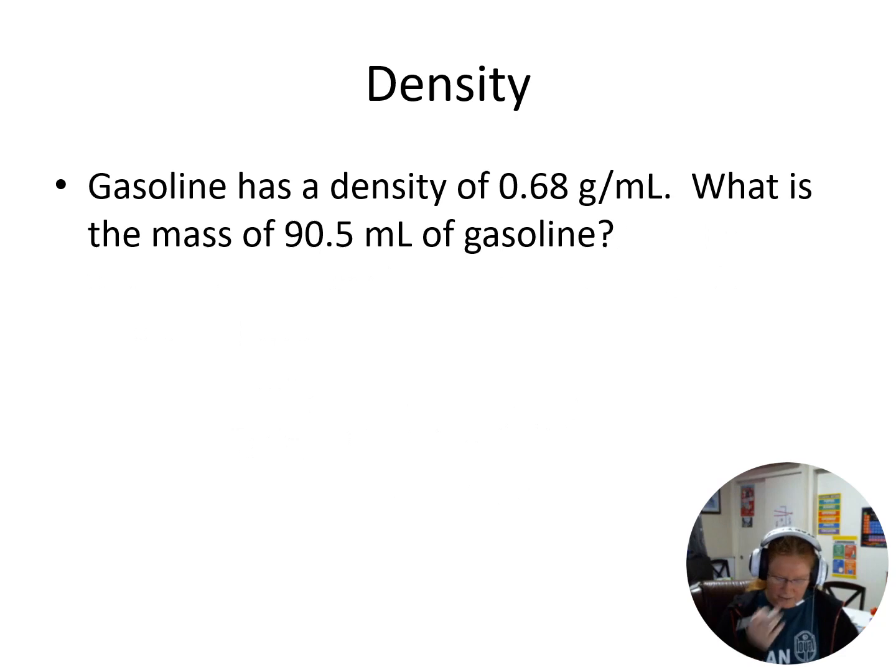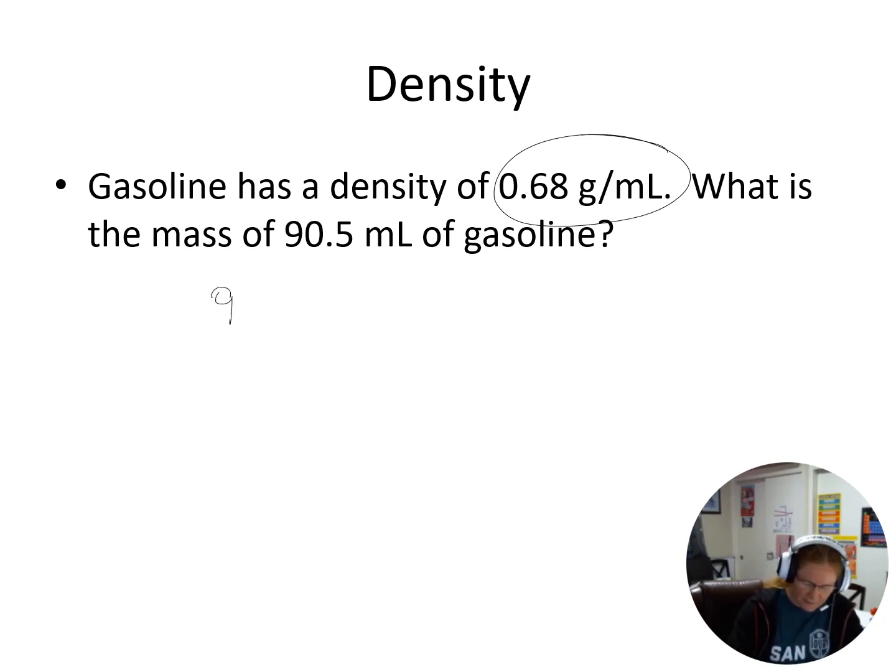Next, we've got some gasoline that has a density. We have a volume. So what is the mass contained in this volume? We can use density as a conversion factor. So we have this density here. That means that I have 0.68 grams for every milliliter. So if I have 90.5 milliliters, I want milliliters to cancel. So I'm going to put 1 milliliter on the bottom and 0.68 grams on the top. And what I end up getting is